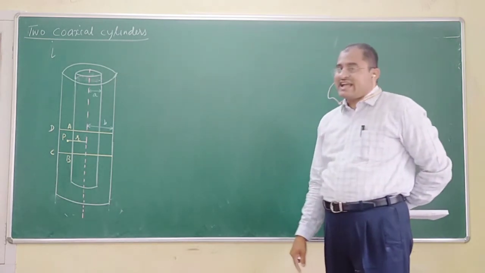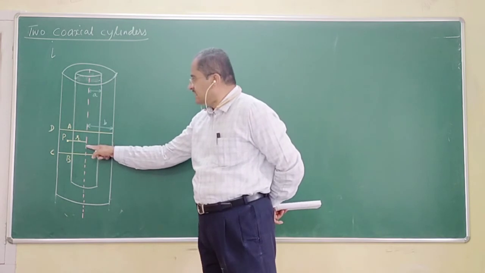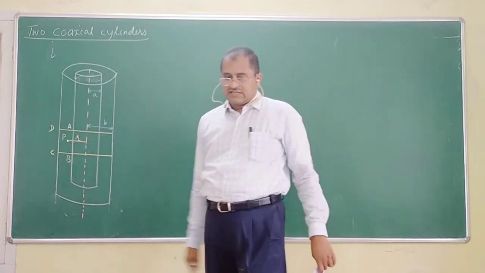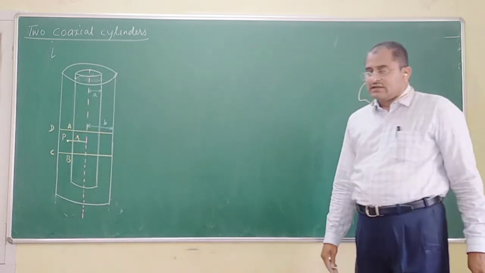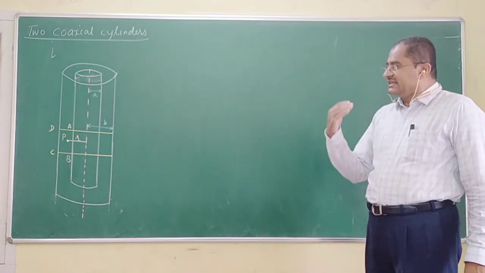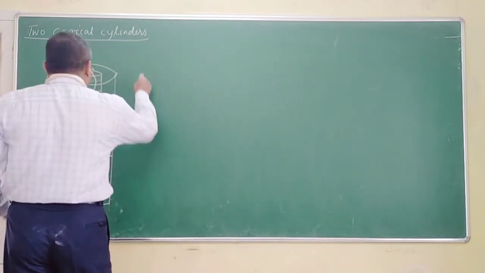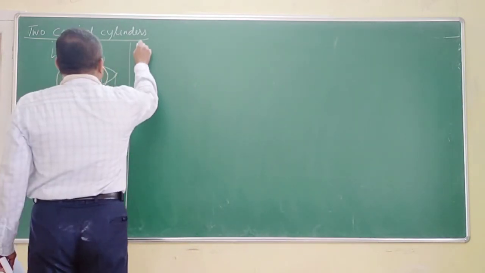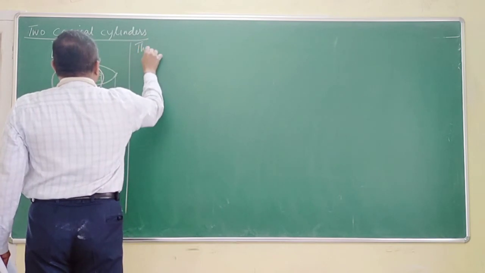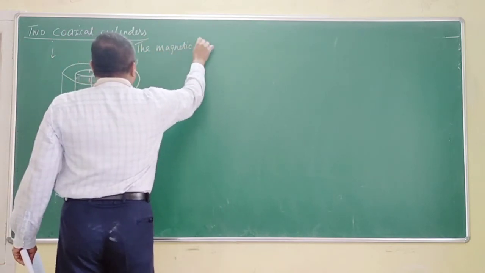From the axis of this cylinder at a distance r, I have chosen a point P. When current flows, definitely there will be a magnetic field at the point P. Therefore, the magnetic field